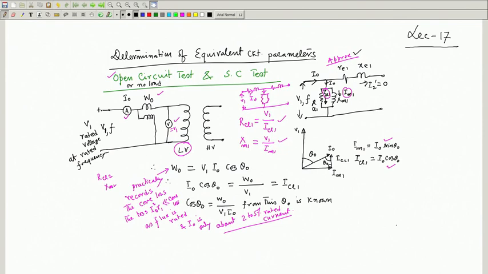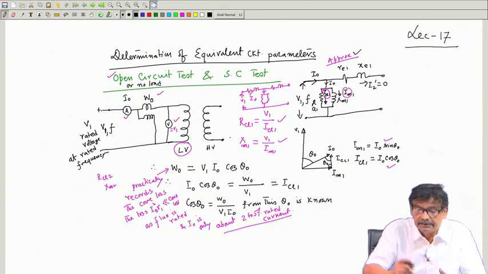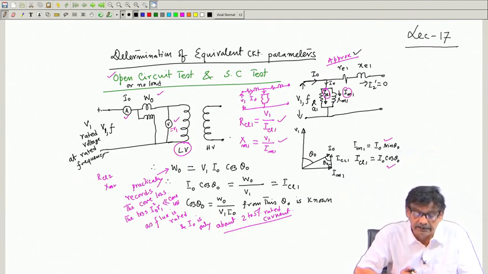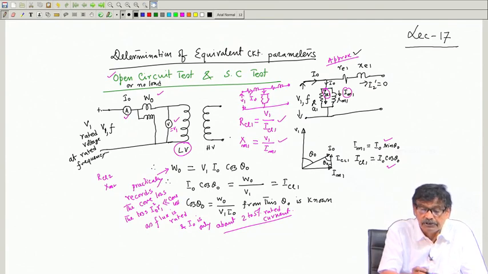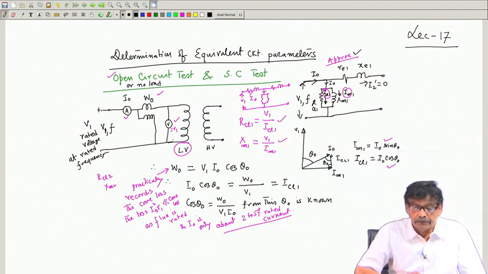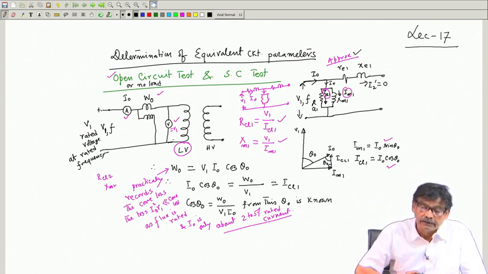So, referred to the LV side, suppose V1 is the rated voltage. You have to apply rated voltage, and connect an ammeter, wattmeter and a voltmeter. This is the practical transformer, and the other side is kept open, no impedance or load is connected across the secondary. All you have to do is take the readings of the ammeter, wattmeter and voltmeter. Only thing is that during the no load test or open circuit test,